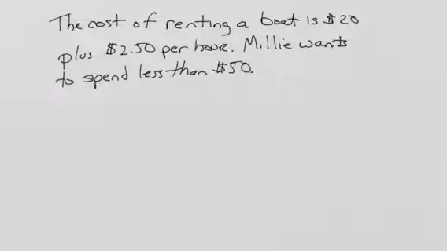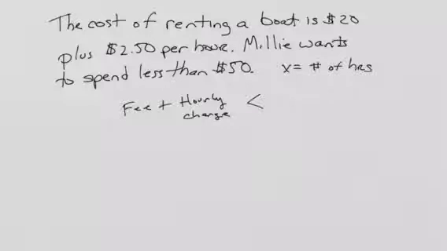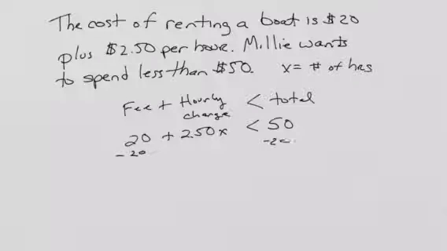So we can set this up. We know that X equals the number of hours. We know that there's a fee plus the hourly charge. And we know that has to be less than the total that she wants to spend. So the fee is $20 plus the $2.50 times X, because that's the hourly charge, and it has to be less than $50. From there, you just solve it like a regular two-step inequality by subtracting 20 from both sides,